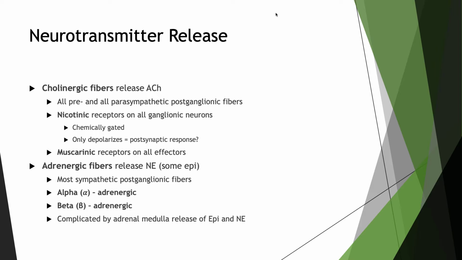Whereas postganglionic parasympathetic fibers release ACH. And depending on the neurotransmitter and its corresponding receptor, this will create different reactions within the body. Examples of this are heart rate, where epi and norepi will increase heart rate and ACH will slow the